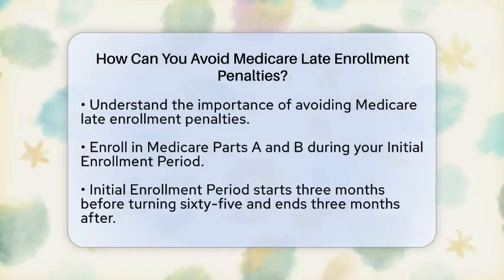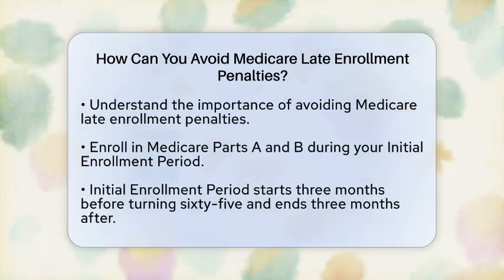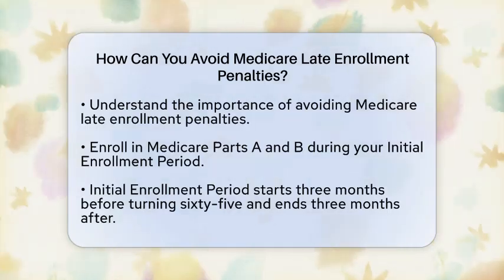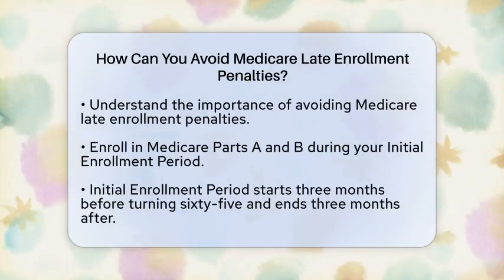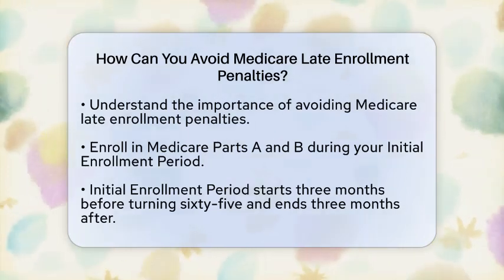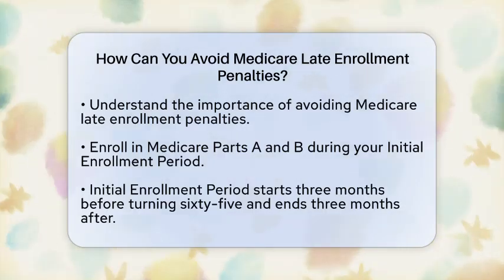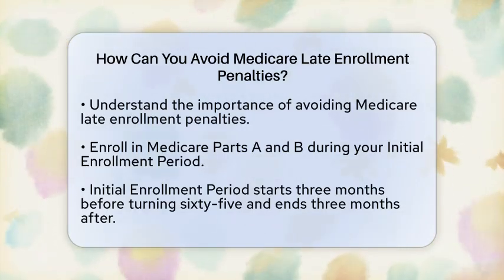First, it's essential to enroll in Medicare Parts A and B during your initial enrollment period. This period begins 3 months before your 65th birthday, includes the month you turn 65, and ends 3 months after that month. If you sign up during this window, you won't face any penalties that could raise your monthly premiums